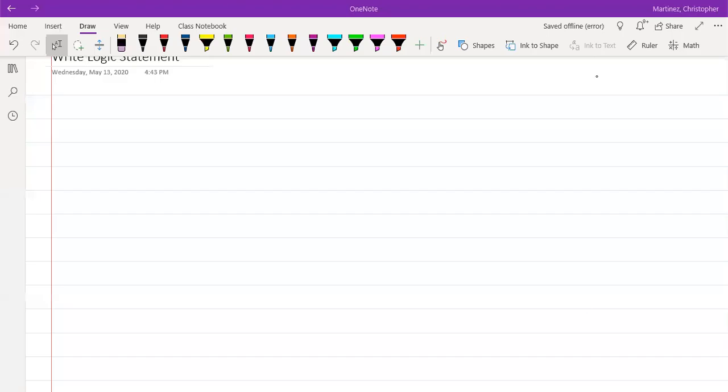All right, we're going to look at how to write out Boolean expressions given that you have a logic statement that you want to create. So let's say how to write a Boolean expression. Let's start off with some type of logic statement we want to make. Let's say